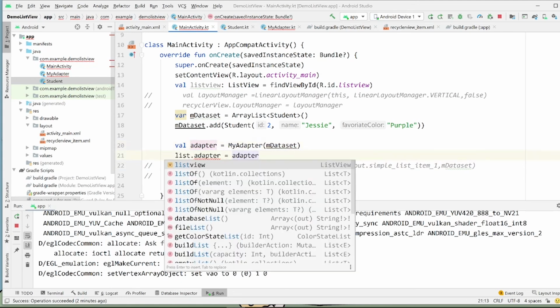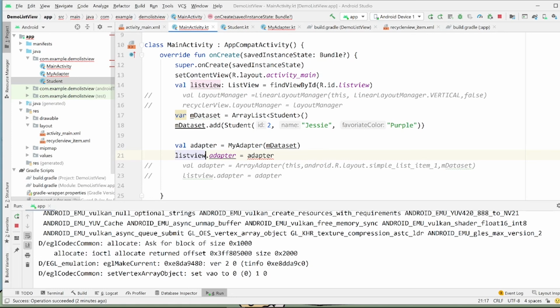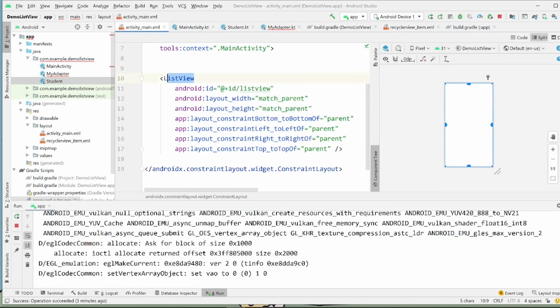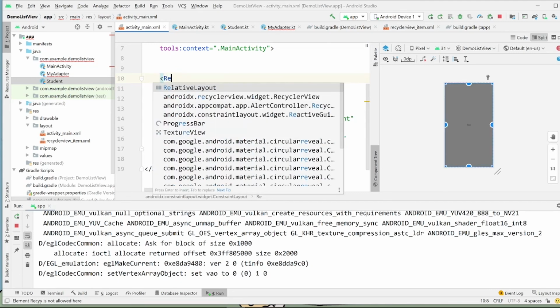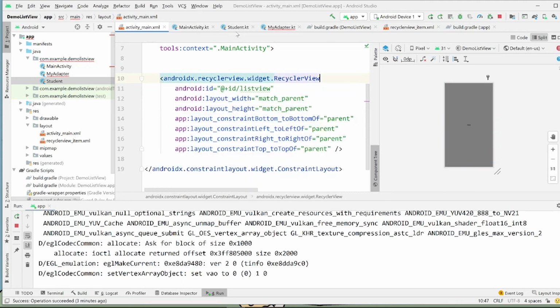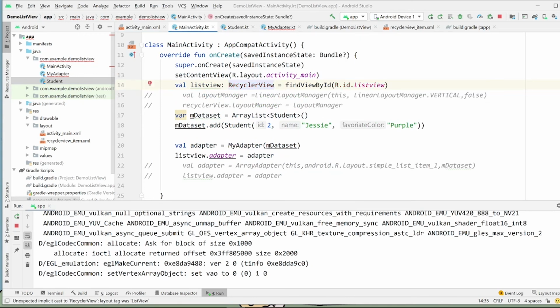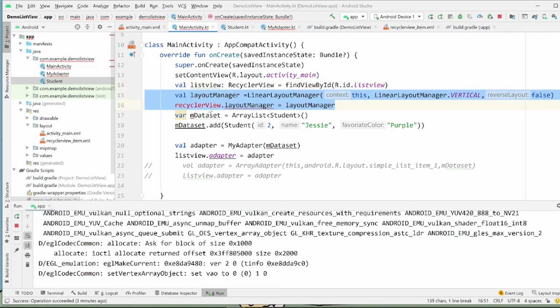I'm gonna call it ListView, but you guys know it's a RecyclerView actually. It's a recycler that has the name ListView.